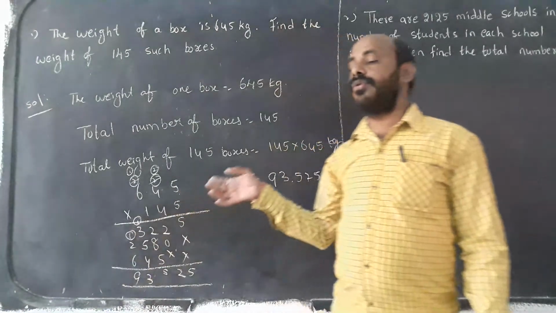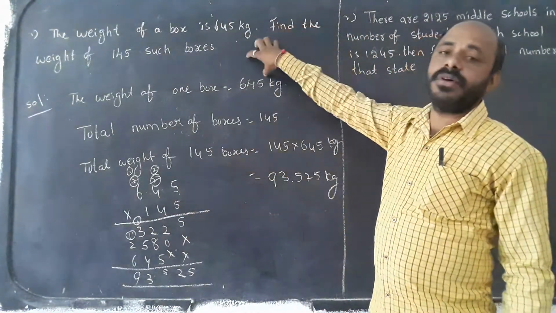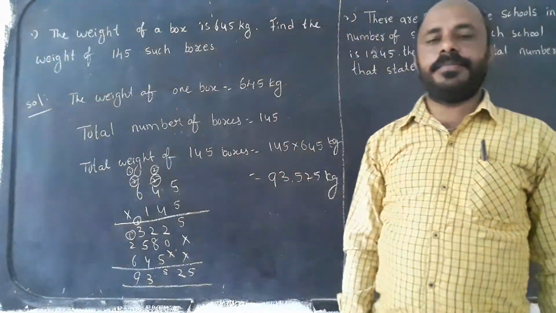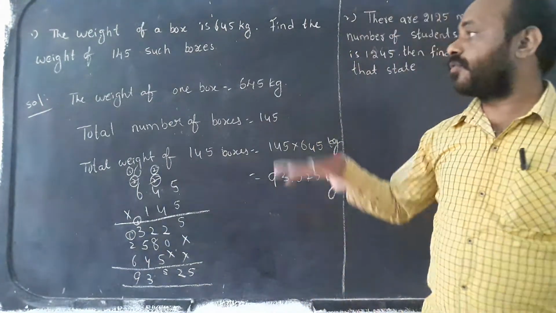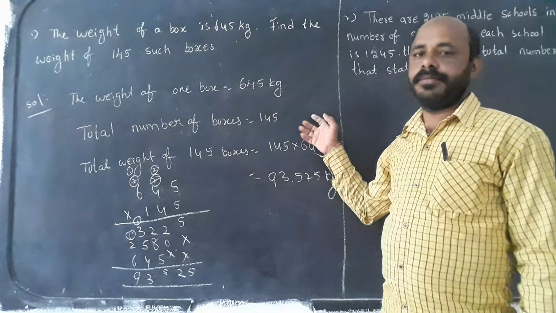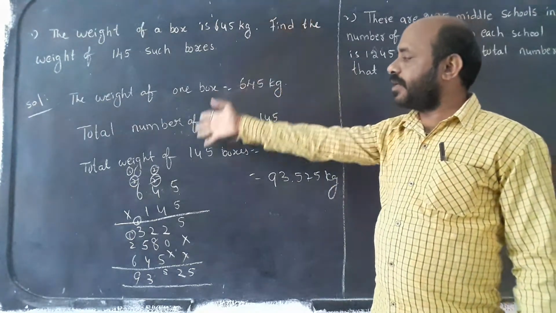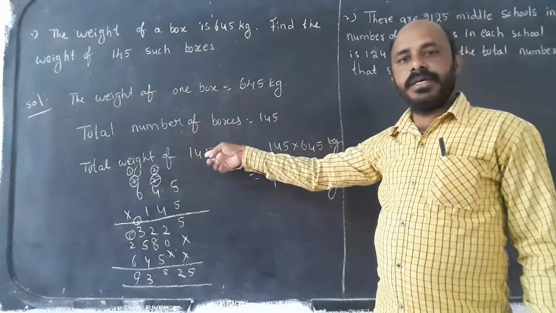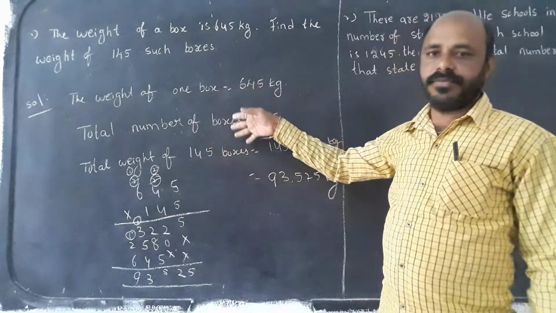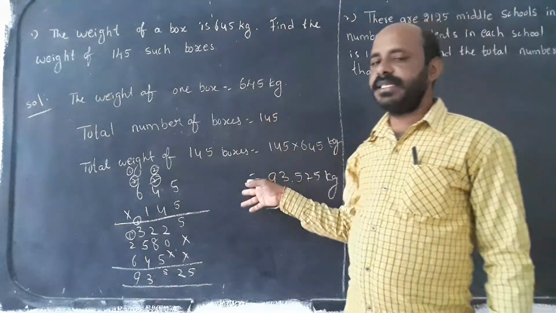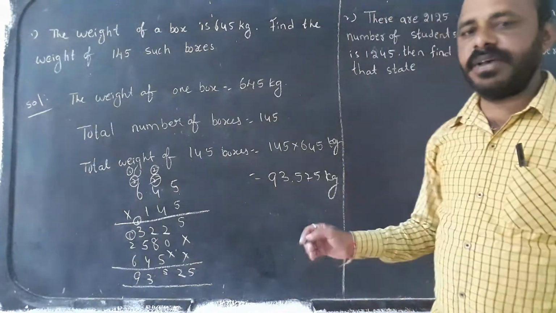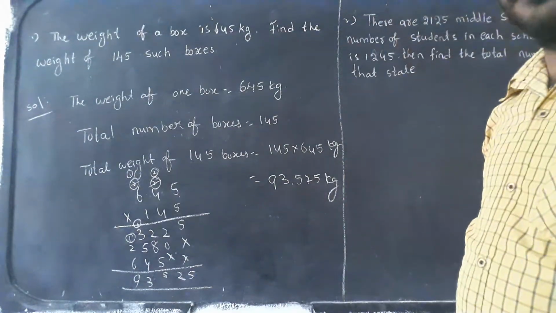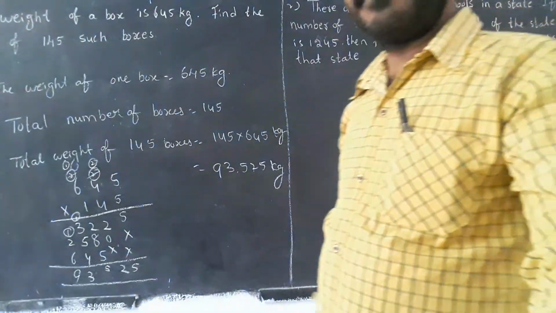First, whenever he gives the question, we have to read clearly what he gave and what he is asking in the question. Then we can divide it into terms. We can write step by step what he gave in the statements. Then what he is asking, you can find at the end. Like this way we have to do it. Next one, go to the next question.